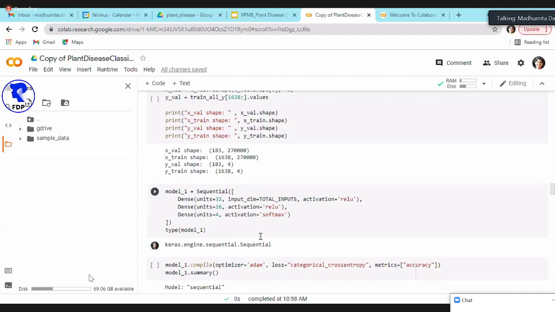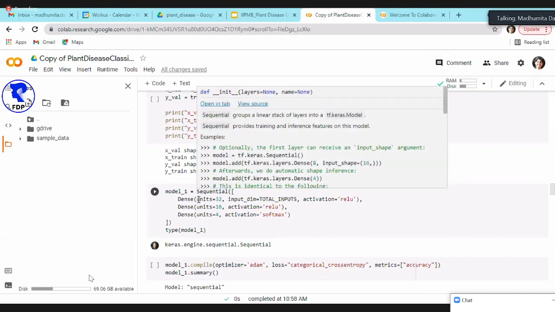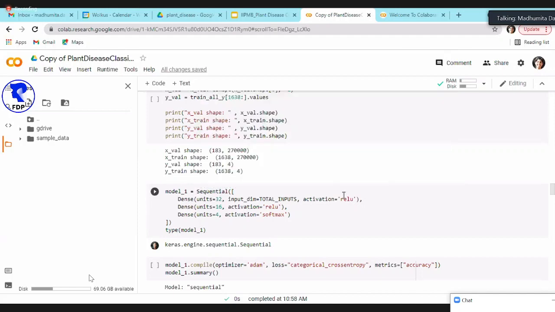Okay. So as I mentioned, you start with your layers. In Keras, you can build a network. It's pretty easy. You use this sequential and you define each layer. Okay. So this is your first input layer. So I say in input dimension, the total inputs, the total 270,000 features for all these examples will go in.